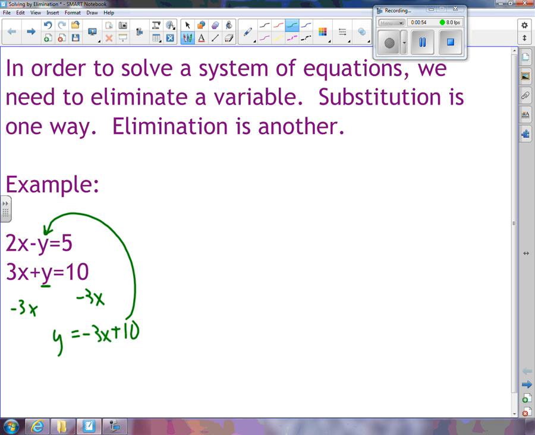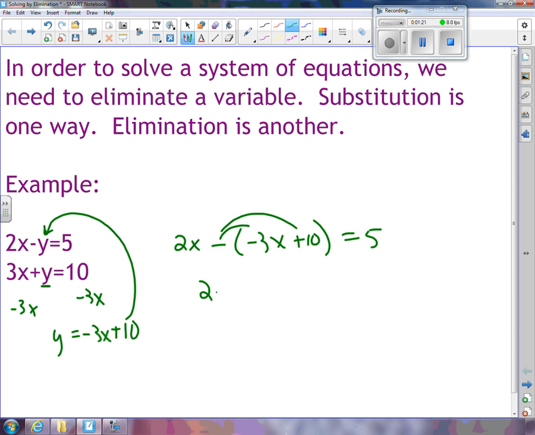Now in substitution, I would take this and plug it into the other equation for the variable that I have solved for, and get 2x minus the quantity negative 3x plus 10 equals 5. This equation is the top equation with the bottom equation plugged in for the solved variable, y. So now, in order to solve this equation, I just need to distribute this negative. So I'm going to get,